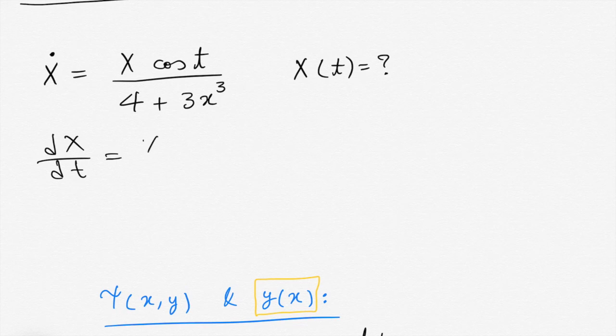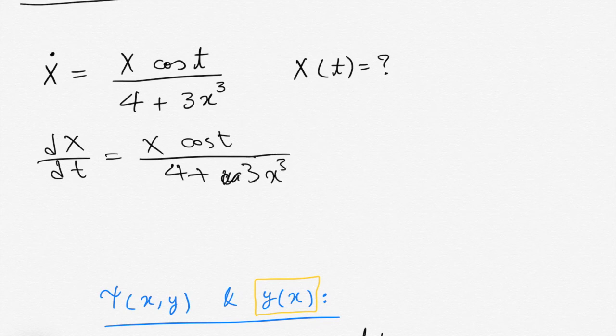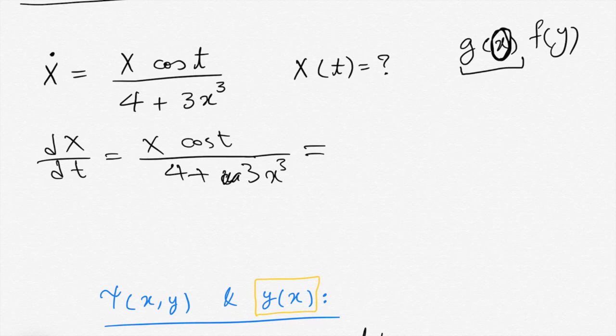Therefore we write dx over dt equal to x cosine of t over 4 plus 3x to the power 3, and we are seeking for this form again, right? g of x f of y, because we want to separate these to be depending on just one variable. Therefore we write it